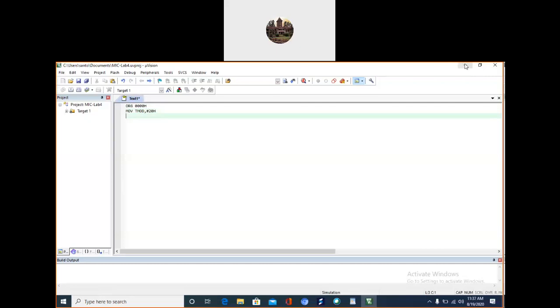The next instruction, I will load timer high with the A4 value.